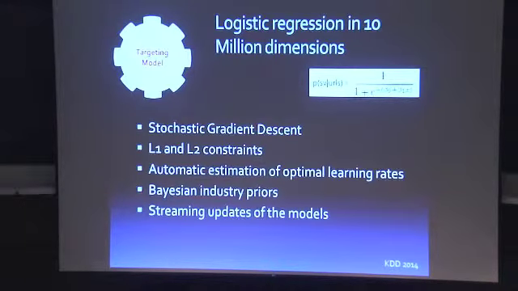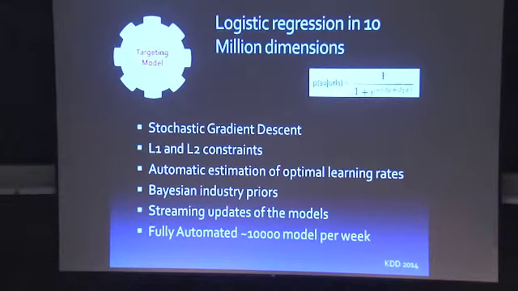So there's a current model, and it gets just refreshed based on the last hour's data. That goes on continuously. And all of that's completely automated. Nobody's looking at this other than looking at some kind of QA emails once in a while that come back. And we build roughly 10,000 of these models with slightly different settings per week.